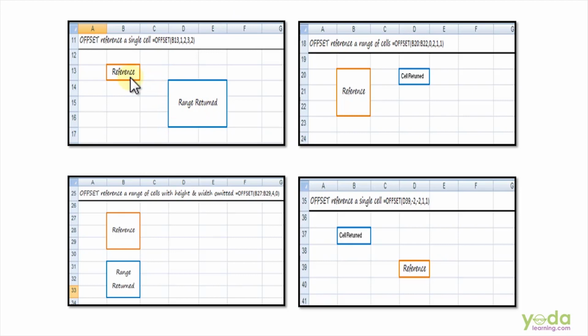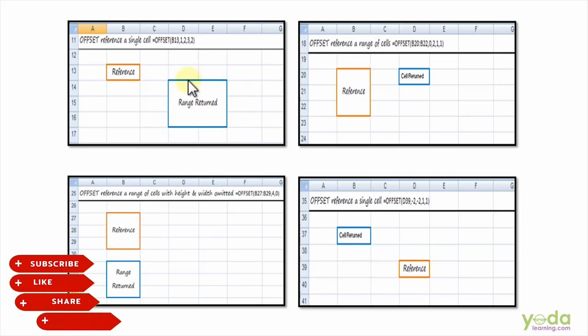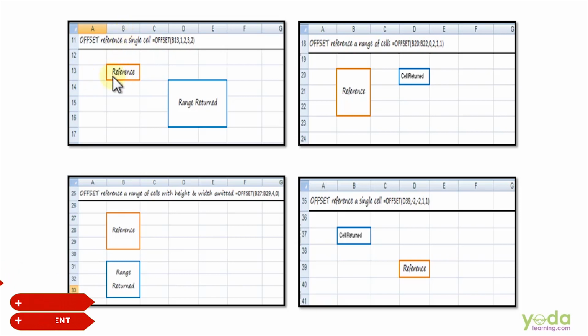Here, the cell which is highlighted in red color will be the reference cell, and the range which is highlighted in blue color will be your output. In this example, I have given the reference of B13 cell.